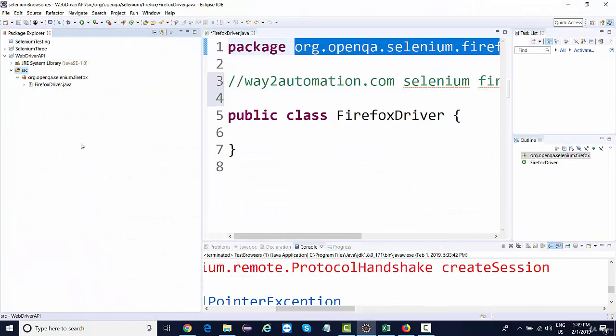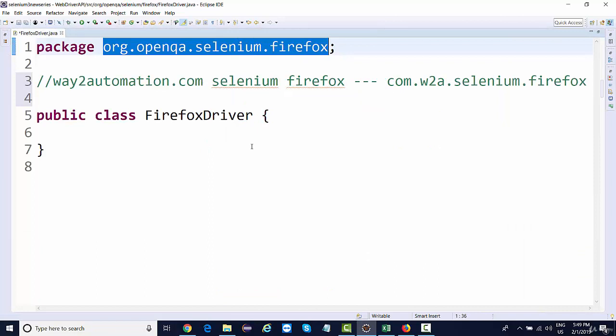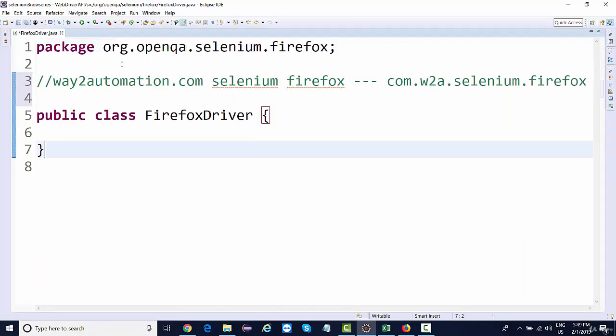Because if I keep all, let's say, 100 classes from a project directly inside the source folder, and then I want to search for a particular functionality in a particular class, I'll be scrolling through the entire source folder. So that is not manageable. That is why, in order to manage things, we divide it into different folders, which are called packages in Java. We already have a detailed discussion on what a package is in our core Java sessions. So if you have not gone through it, just go through the lecture which covers packages in depth.